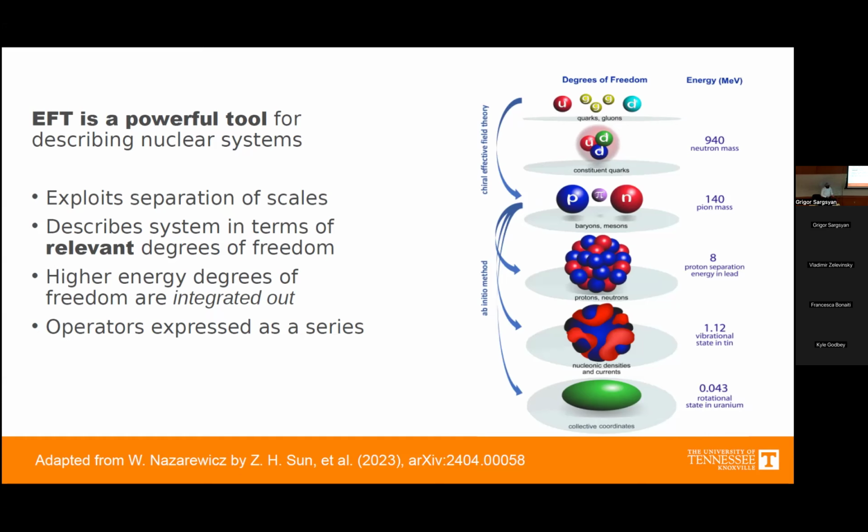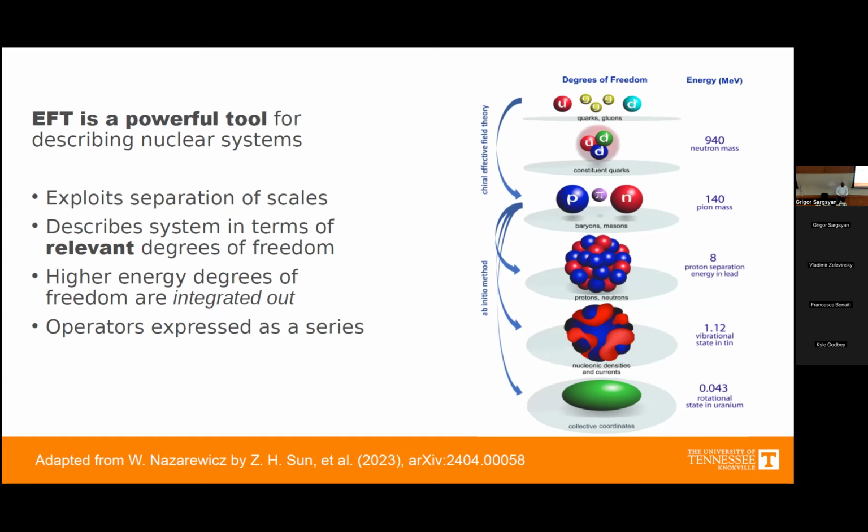This separation of scales is something that is pervasive throughout this. So one of the other helpful hallmarks of effective field theories, or effective theories in general,